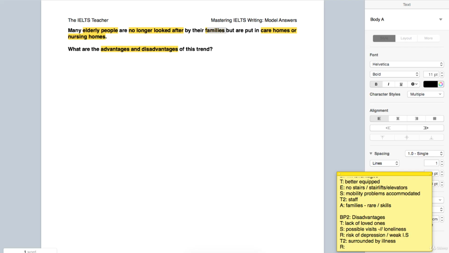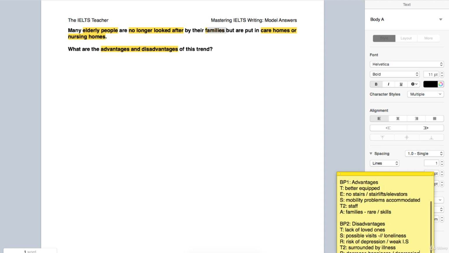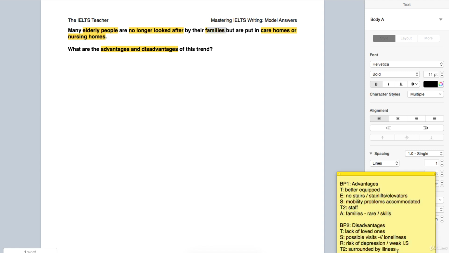What is the problem of being surrounded by illness and death? Well, such an environment is likely to limit or decrease perhaps happiness, and maybe even, again, if we come back to this idea here, maybe even trigger, really nice verb we could use there, trigger depression. Hopefully I'll remember that for later. I just want to make that a bit shorter in the plan. Okay, now that was a lot quicker today.